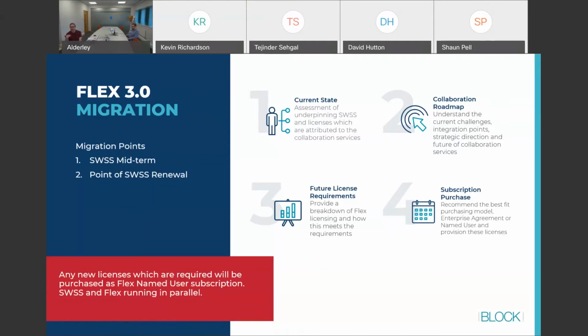So if you engage either myself, if you've got my contacts, or your account team through Dave's team, speak to us. We are here, we want to help you. This is a change. We know all about the migration path, so we are here to help. The last thing to call out on the migration is, from now, any new licenses you purchase will be Flex. So be prepared to speak to myself or our sales support teams. If you're purchasing handsets, the license associated with that handset will be a Flex license. So it'll be a named user at the moment until you make that decision on the migration path.